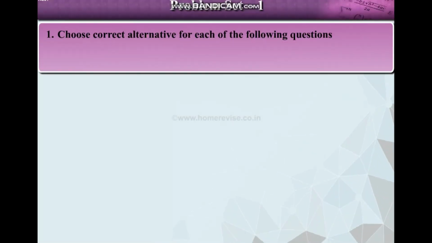Problem set 1. 1. Choose the correct alternative for each of the following questions. 1. To draw